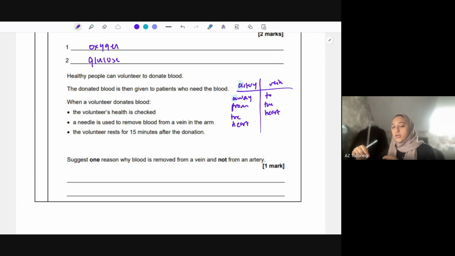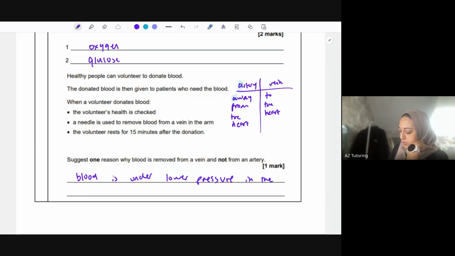So you wouldn't want to take blood from an artery because it's under high pressure. If you puncture a hole in something that's got high pressure, it's just going to be quite explosive, right? Whereas with the vein, it's under a lot lower pressure. So that's why it's a lot better to take blood away from the vein than it is the artery. So when they do a blood test on your arm, they take it from the vein. So that's what you could have said. You could say blood is under lower pressure